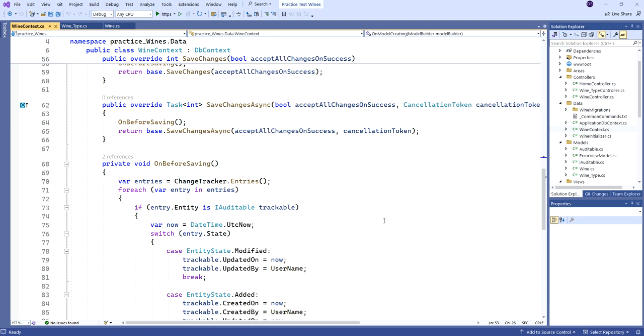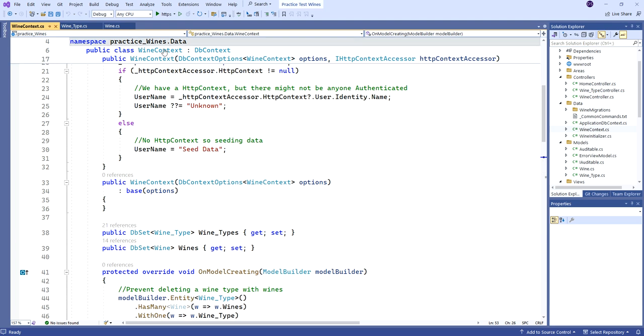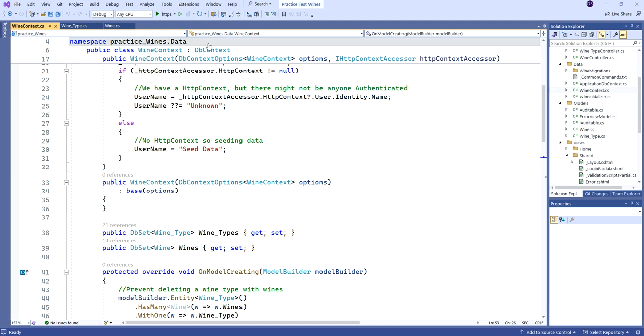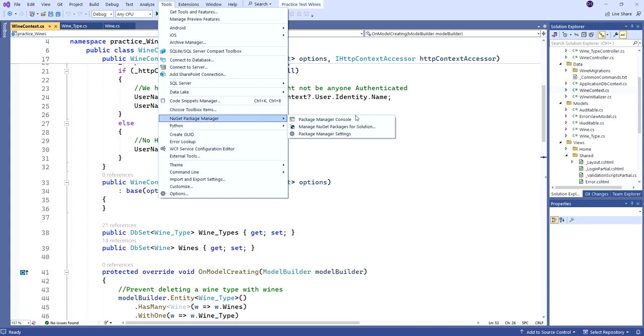Everything else is just to do with the auditing. Okay, so that got us up to the basics. Now, of course, we had to do work, we had to install the different packages. So let me just come up to the NuGet Package Manager,